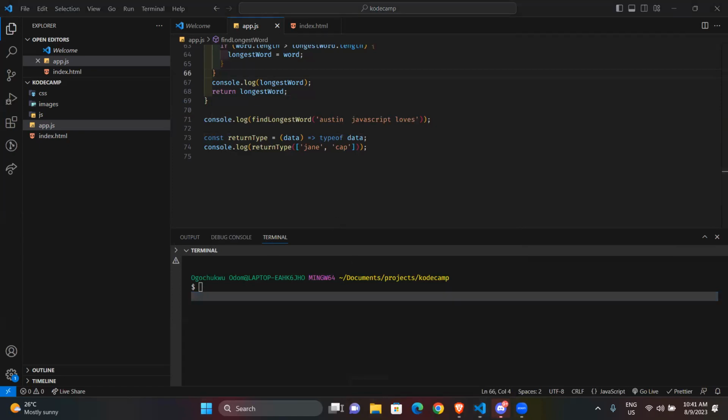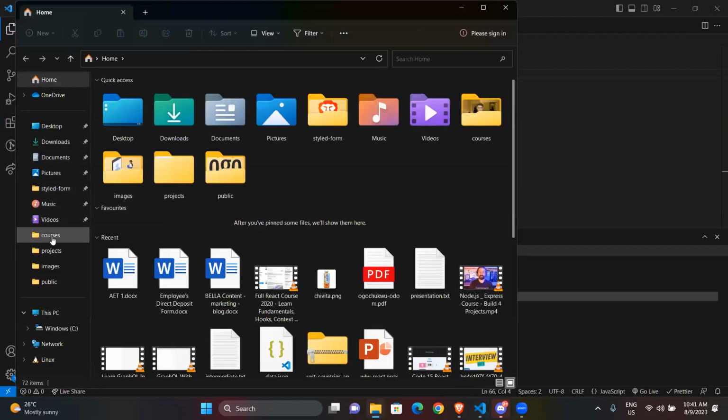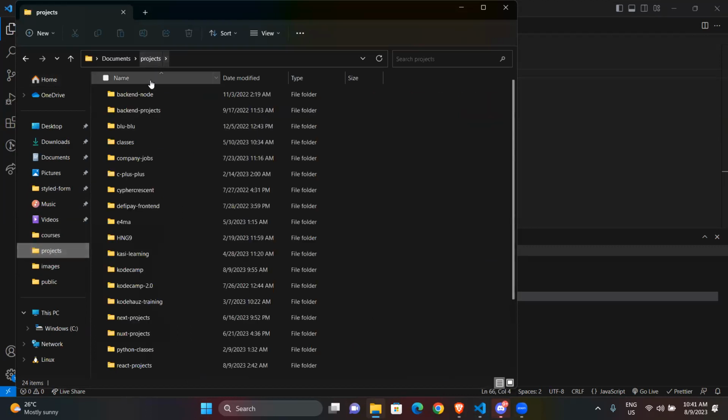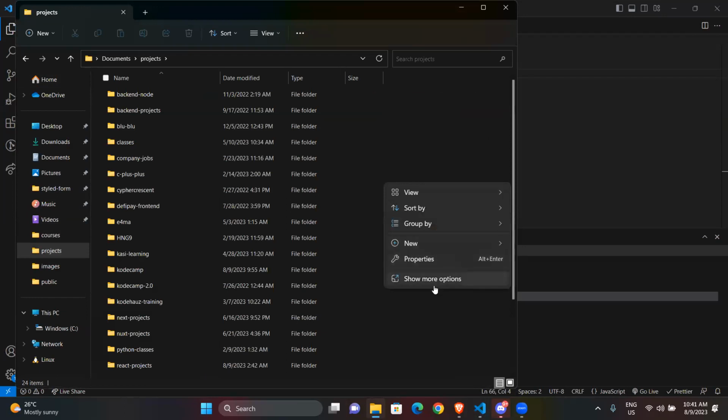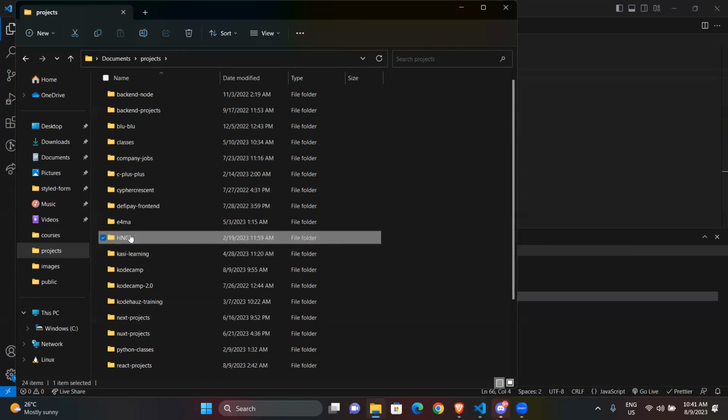So if I want to do that, let me mimic that. Let me go to projects and right click, show more properties. Let me just open a folder.